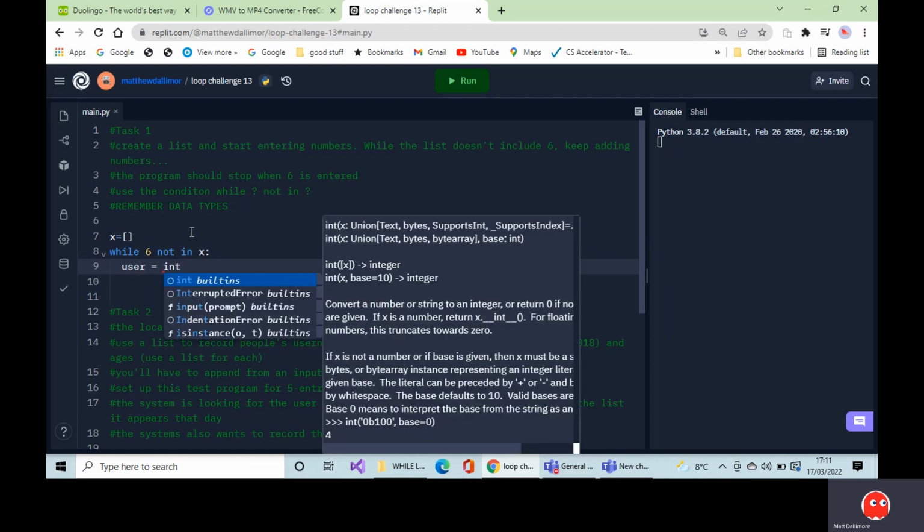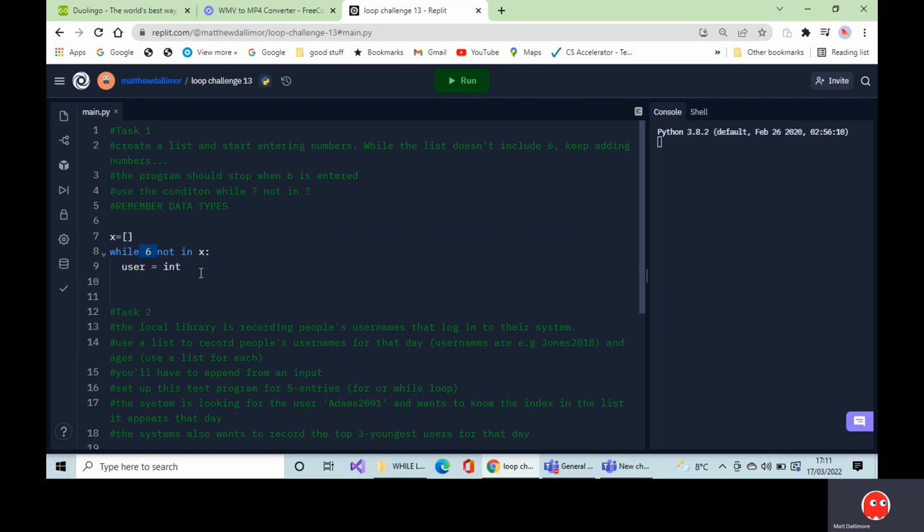Now let's put an int because this is an integer, so it's checking for the integer. So while 6 is not in x,